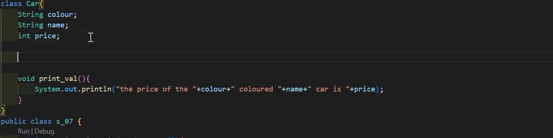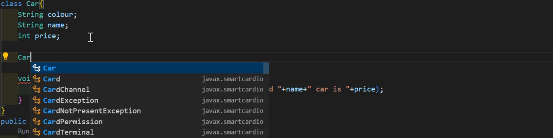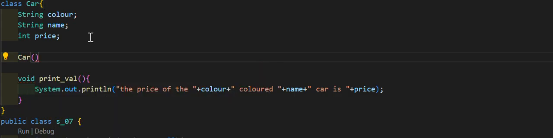The name of my class is car, then I'll give parentheses, and I will create a default kind of constructor. I will not give any parameters within the parentheses. For a default constructor, no parameters will be there.